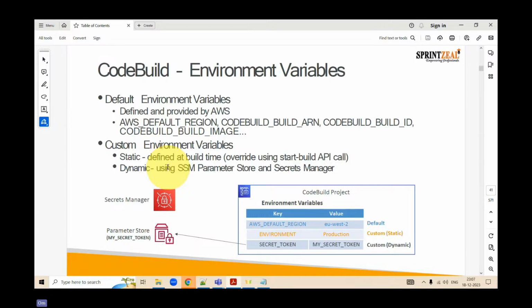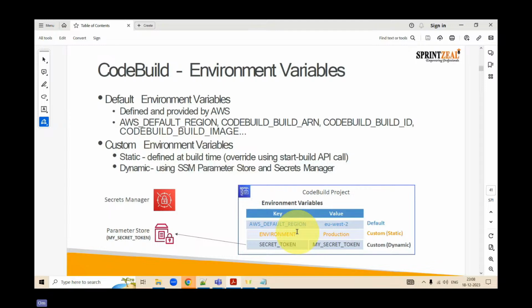So if you store x equal to 1 and y equal to 2 in secrets manager, even if you do 100 builds, every time the value of x would always be 1 and y would always be 2, because it is secretly stored in your secrets manager. But in case of a static one, if x is equal to 1, next time you do a build, x might be 2, maybe 3, or whatever value is coming up. Clear? So that is how your environment variables are.